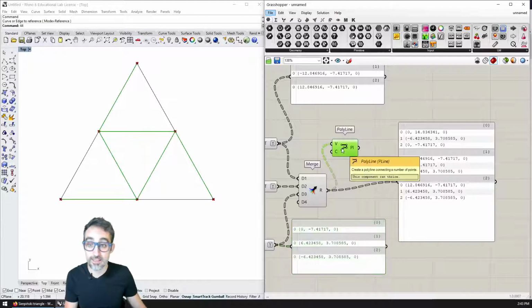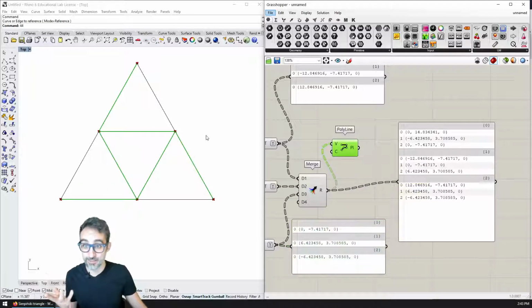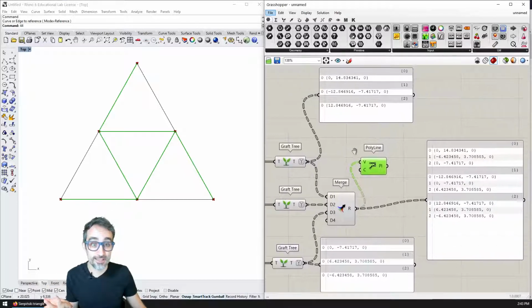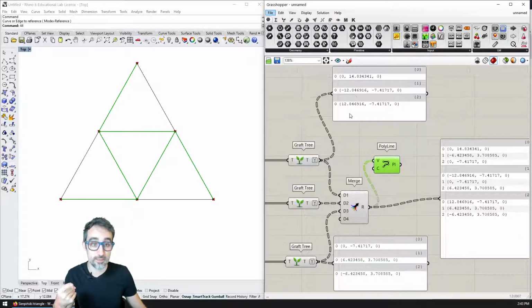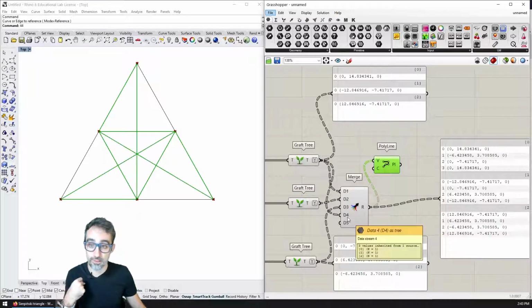And you can see that each one of my polylines is great now because it joins the vertex, the next middle point, and the previous middle point. Right? How awesome is that? The last thing that I need to do is to duplicate again the same original point so that I close up the triangle. So I can do that by saying, well, the same starting point, I'm going to add it again to the last one.